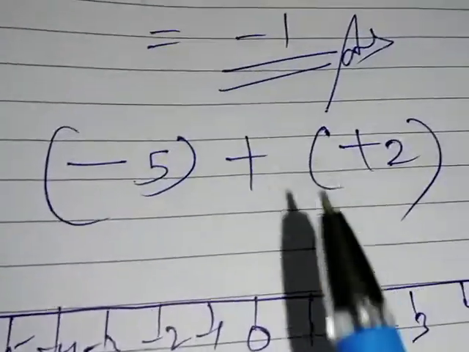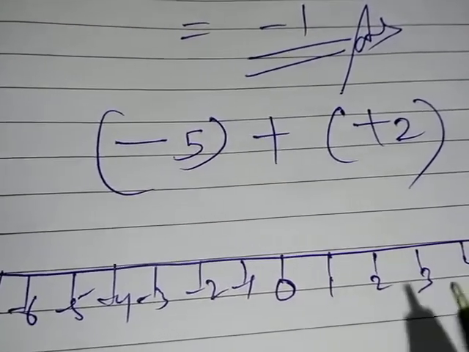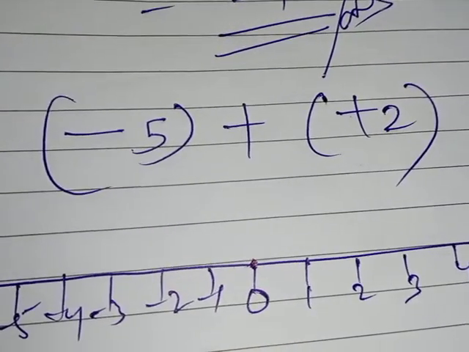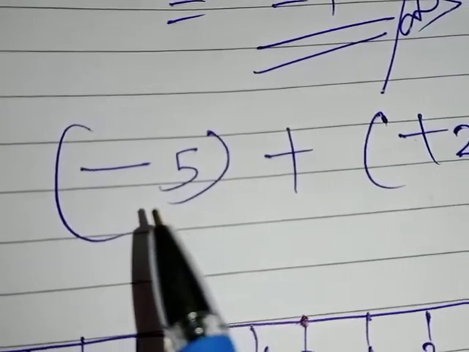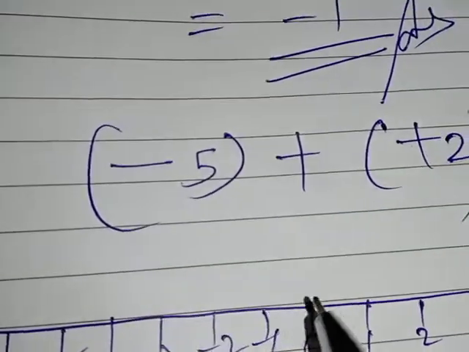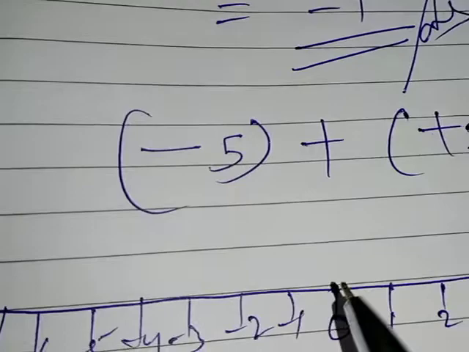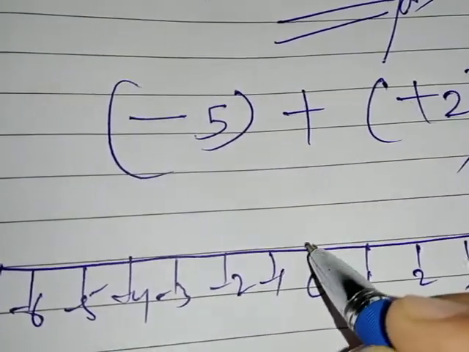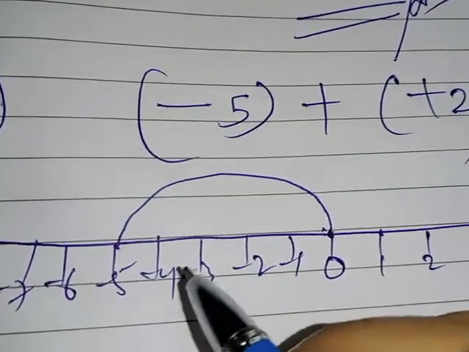Okay. You see. First of all, keep in mind addition in integers will always begin from 0. First integer we have is minus. So if we have minus, we will take the left turn. It is 5, so till where will we go? Left turn up till 5. Okay, 1, 2, 3, 4 and 5.